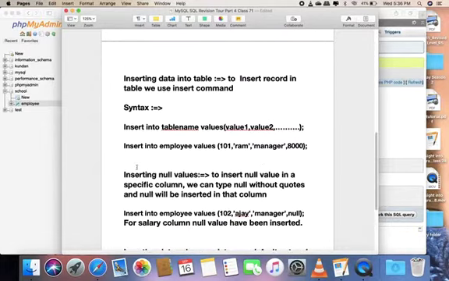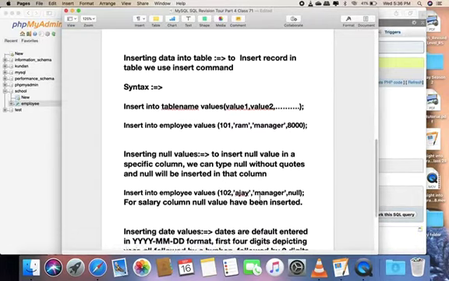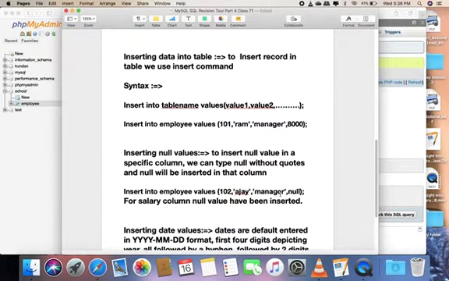We can also insert a null value. To insert a null value in a specific column, we can type null without quotes, and null will be inserted in that column. For example, we don't want the salary of that person right now. To do this, we cannot leave the field empty, but we have to write the null keyword. So how can we use this?